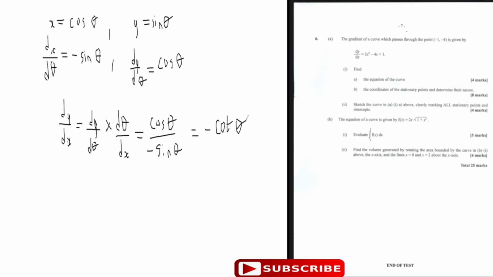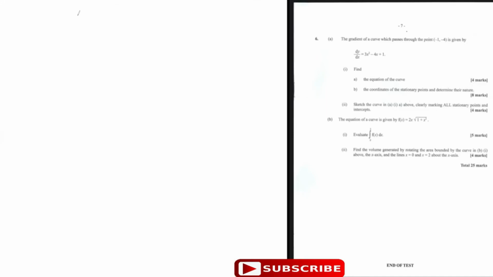All right, nice and easy. And this takes care of question 5, solved. All right, finally, question number 6. Question number 6 says the gradient of a curve passes through the point -1, -4, and is given by,